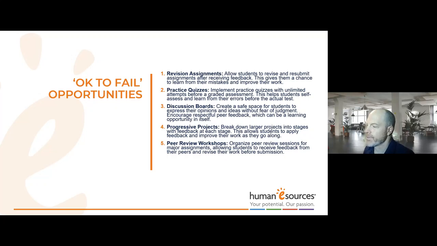And then peer review workshops, where before they hand in, they're required to hand in an assignment to a peer or review it before they hand it in for a final grade. And of course, that incorporates cross-learning as well. So that requires some setting up as well. Probably want to do that later in the course when the students are more familiar with the style of feedback that they should offer to their fellow students.